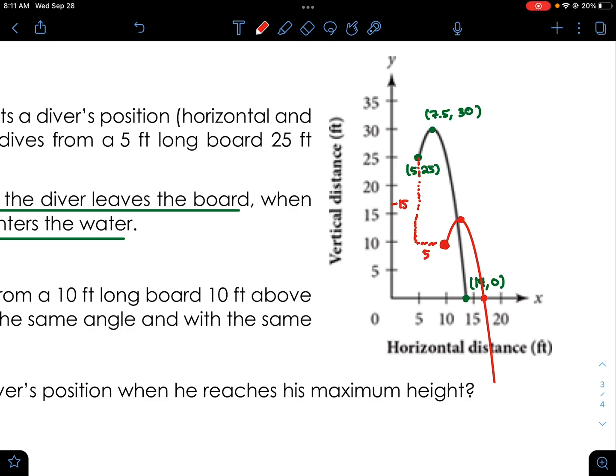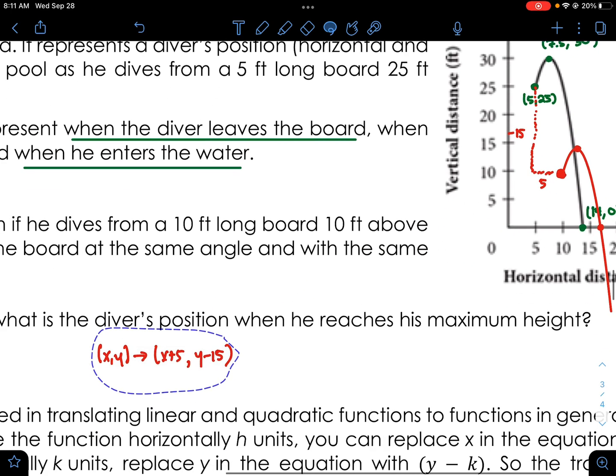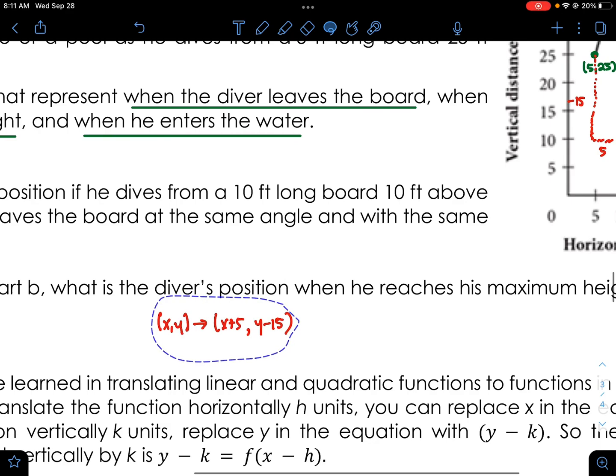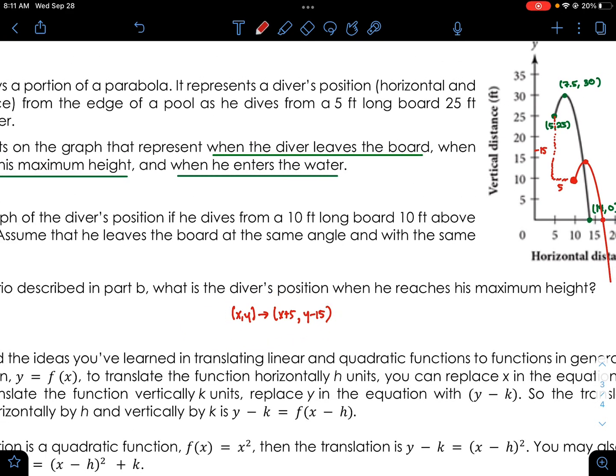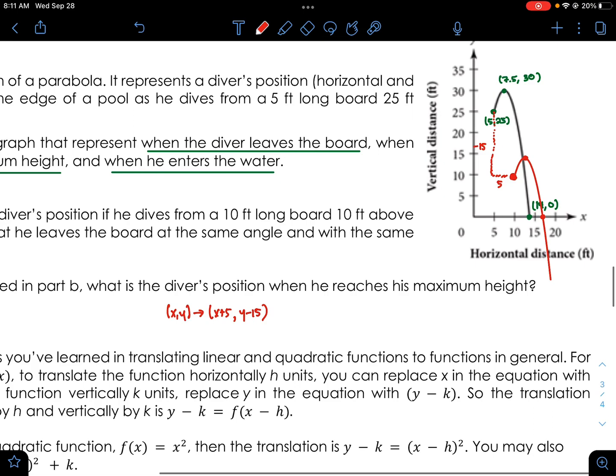And if we think about our mapping notation, what we're doing to each x value is we are taking (x, y) and moving it to (x + 5, y - 15). And so if we want to figure out what the diver's position is when he reaches his maximum height, what we would do is say,